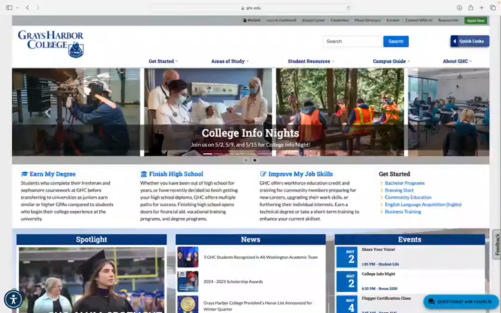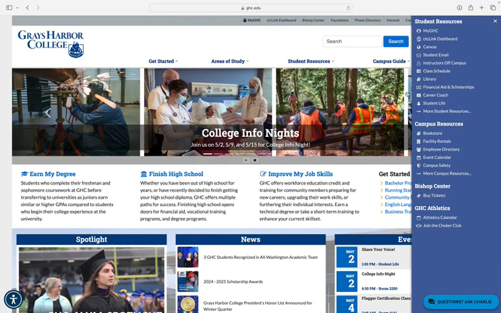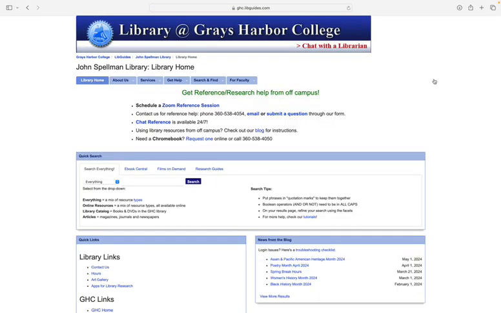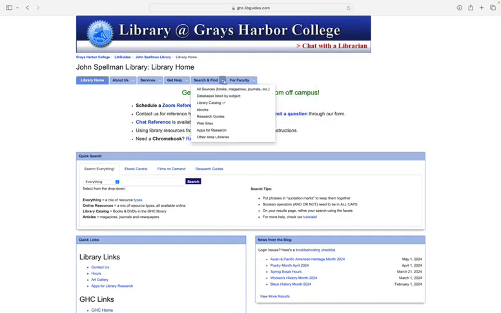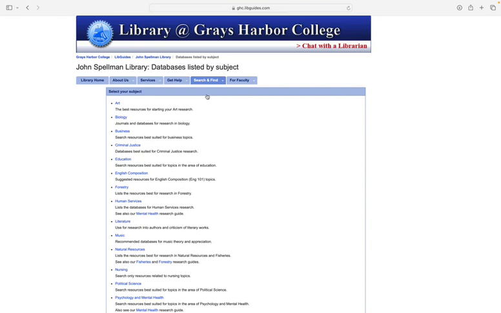Hi guys, this is a tutorial of how to find and use the GHC databases. So you'll see here I'm at the GHC website. Go over to Quick Links, Library, and then search and find, hover over that, go down to databases listed by subject, and then you'll see there